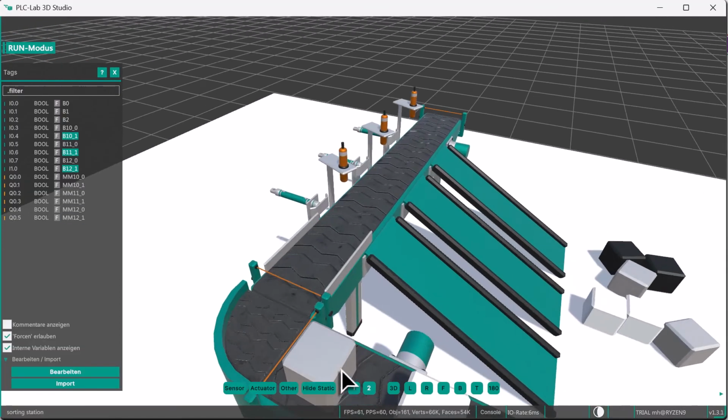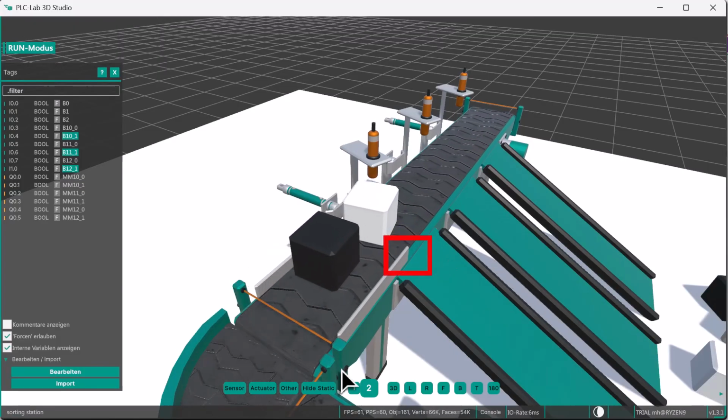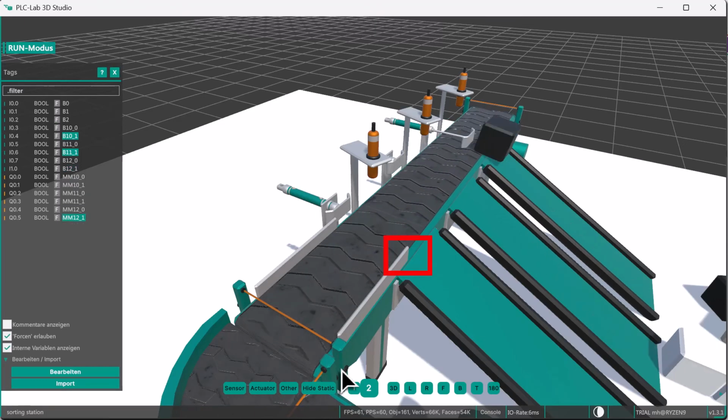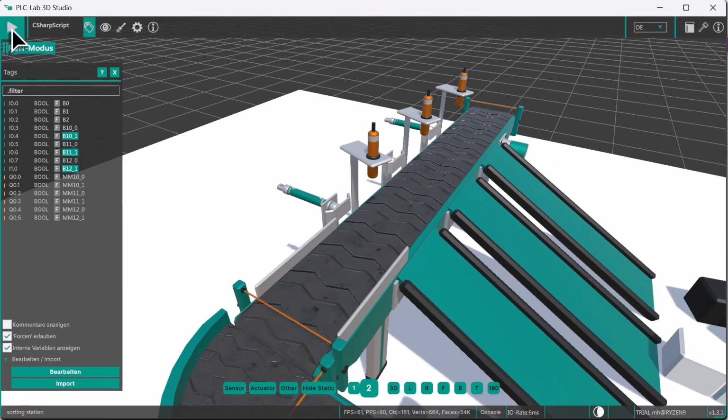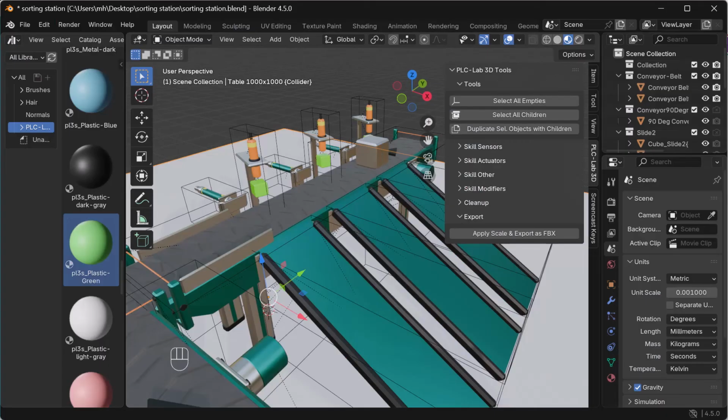I'm going to camera position 2. From here you can probably see it better. Yes, you can see that the side guard is a bit too long and is blocking the cube. Yes, I see it. And what do we do now? We need to shorten the side guard accordingly. Furthermore, we haven't removed the rear cube that we used to position the sensor. We'll do that now in Blender.